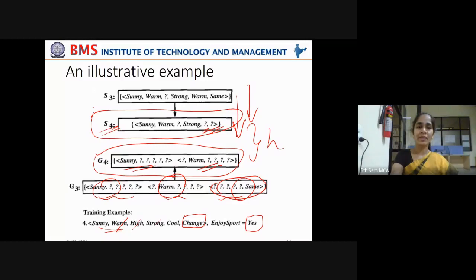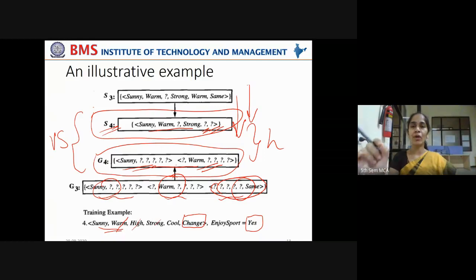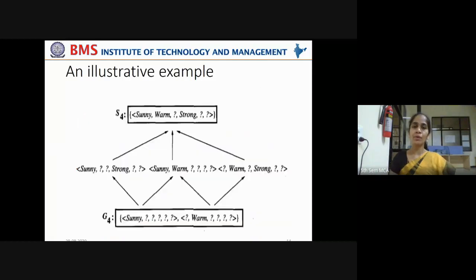Now this is the version space. This S4 and G4 will form your version space, and it contains the hypotheses consistent with all the 4 days training examples given. Right? This is how the general hypothesis is made. See the general set, now you can see sunny, warm, that we retained in the previous step. And on the other side, the more specific hypothesis is sunny, warm with 3 question marks for the other attributes along with strong. Okay, now what are the intermediate hypotheses?